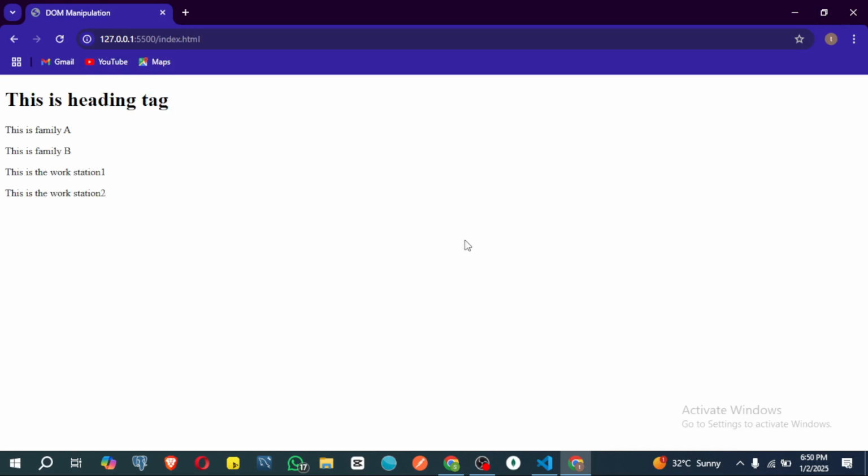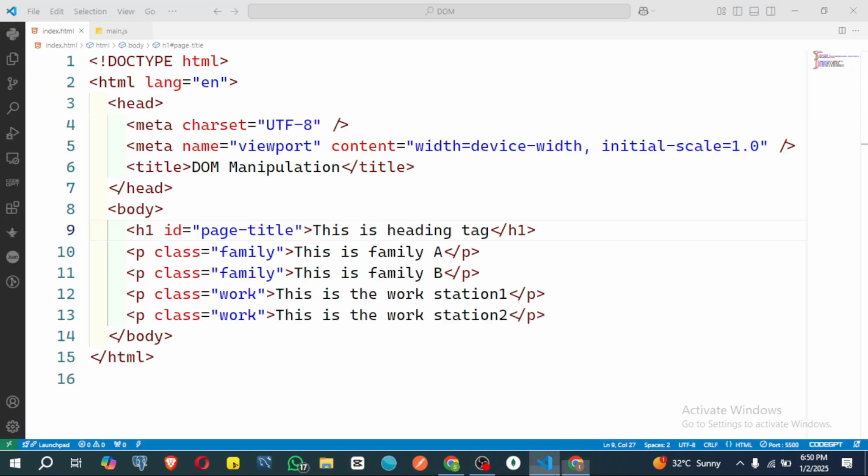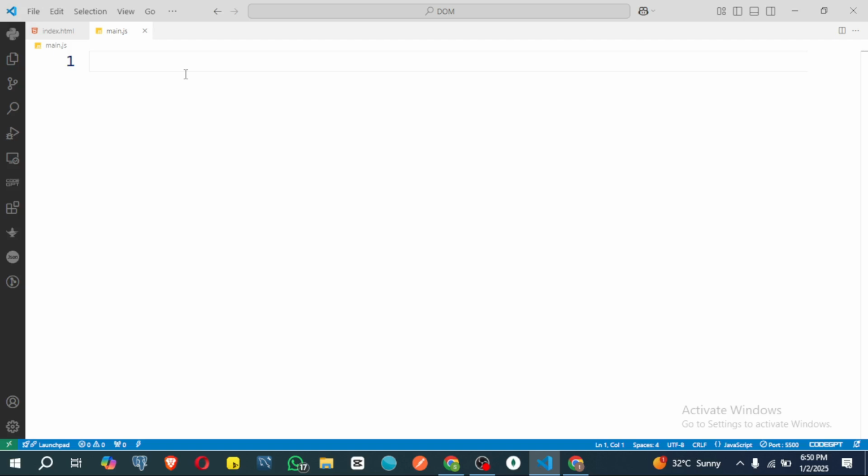So the first thing we want to do right now is check how we can select DOM elements. We've spoken about that, and we've shown you we have 5 different methods, or 5 different ways, of selecting DOM elements. Let me just list everything right here right now. So the first one we're having